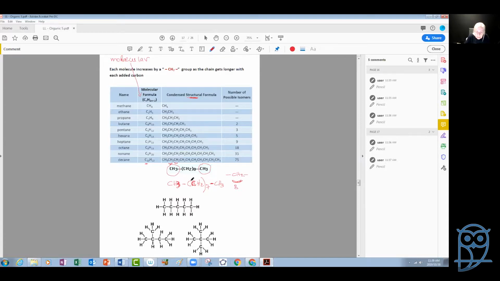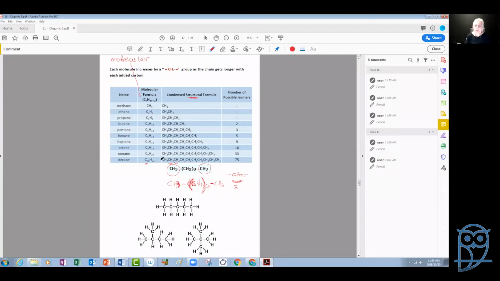So there is another way, in other words, to write this structural formula of our molecules, of our hydrocarbon. In this particular case, these are alkanes. All right, and also this column shows how many, we don't need to know that by heart, of course, but just to compare, since we have it here, it's nice to talk about it, how many isomers each of these molecules can have. And remember, these molecules here represent chains of carbons, not rings, chains, with carbons one after